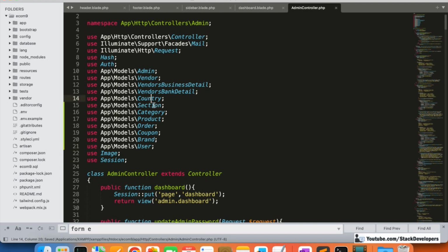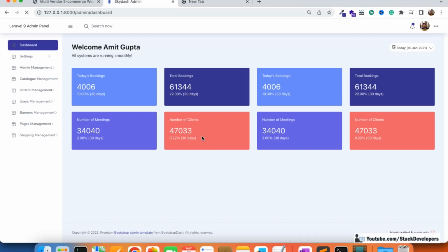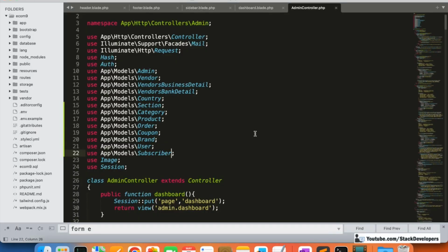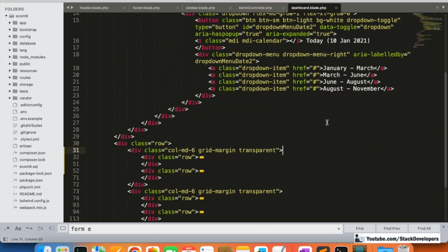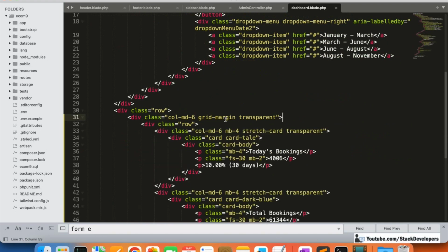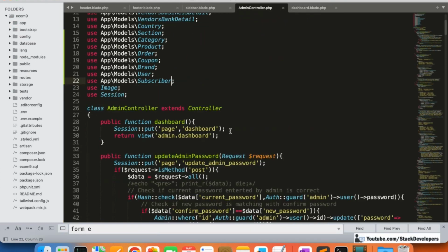Okay, so 1 2 3 4 5 6 7. Okay, subscriber also we will give here, maybe subscriber is the model we're going to see. Subscriber, so I'm going to refresh here. Yes, it's working fine. So I'm going to update this dashboard once again, and here one by one I'm going to give for all, like first one is we have given, but first